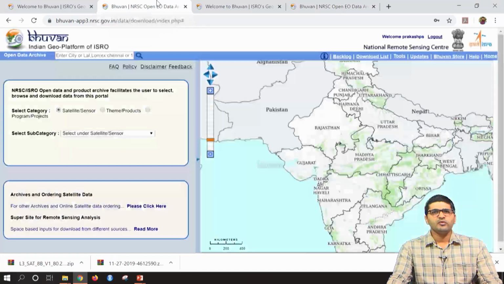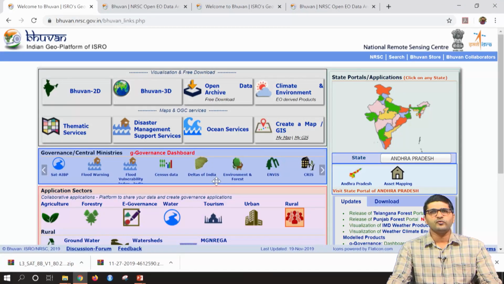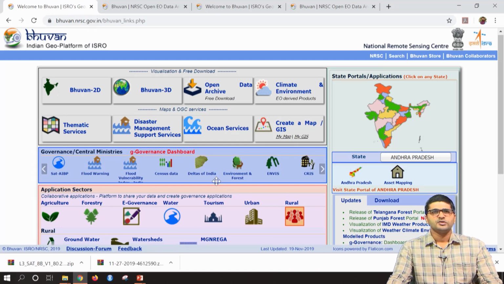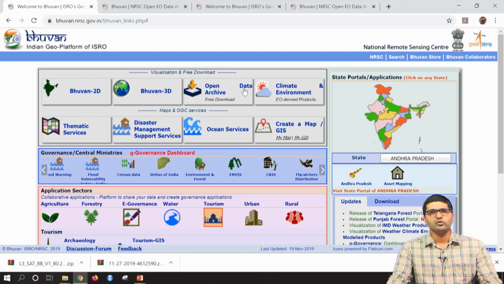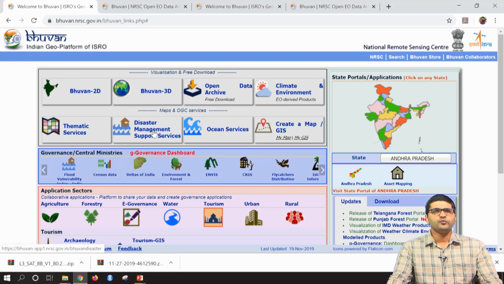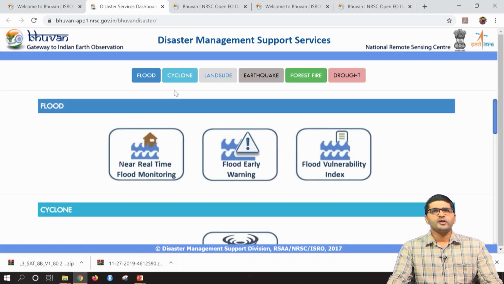In a nutshell, Bhuvan is a geoportal which provides geo data for the Indian scenario in various domains, not only in Open Data Archive. For example, if you go to disaster management services, if a flood is happening somewhere, or a landslide, earthquake, earthquake prone area or flood warning, these kinds of things being monitored by ISRO are hosted in Bhuvan.